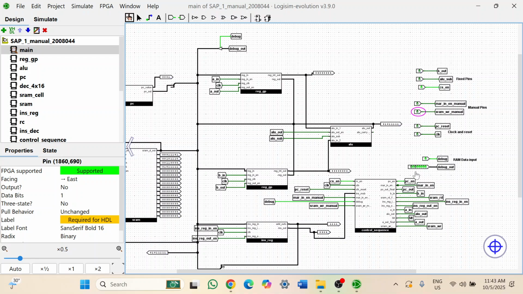And now we have to select the next address. Then we have to turn on the MAR-in enable manual pin, giving it a clock pulse, turning off the MAR-in enable manual pin. We have to give the binary value of HALT, that is 11110000. We have to turn on the SRAM write manual pin, giving the clock pulse. Now turning off the SRAM write manual pin. So all the instructions have been loaded,